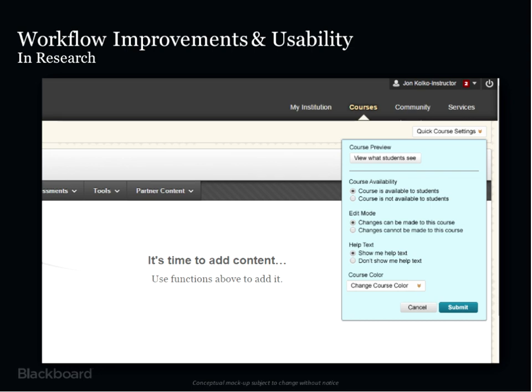Other areas of improvement that we will do as part of that work is to simplify usability and workflows. So just to give one example, would be bringing certain settings up to the context in which it makes the most sense. So in this example, being able to modify the course availability or other primary configurations of the course, and being able to do that within the main screen. In this case, we have not updated the mock-up with the new theme, but you can apply that idea from the prior mock-up to this one and understand the direction.